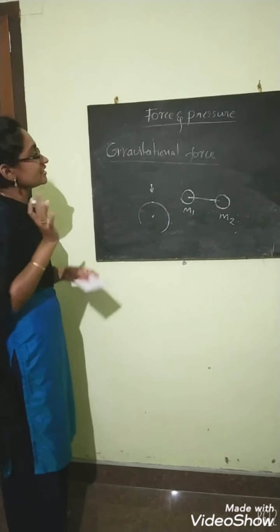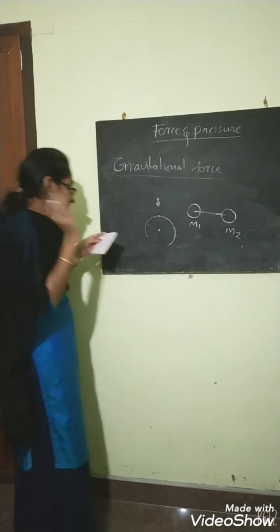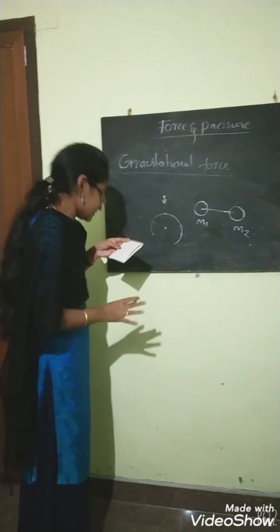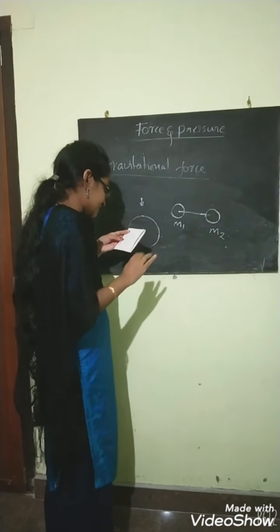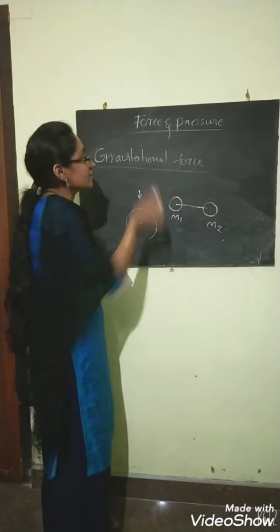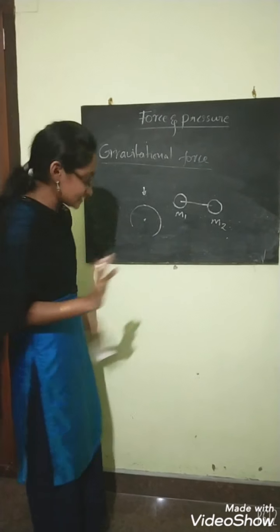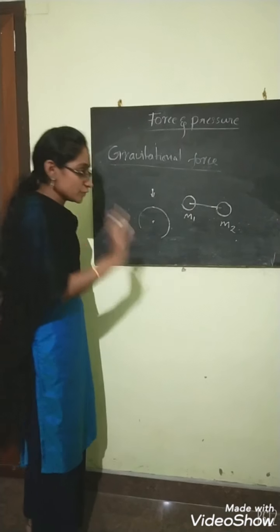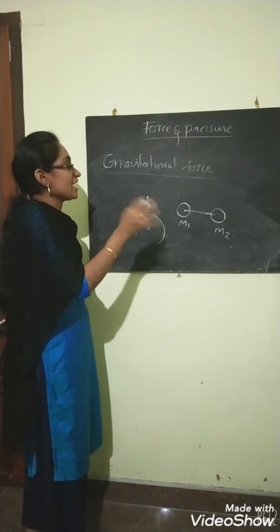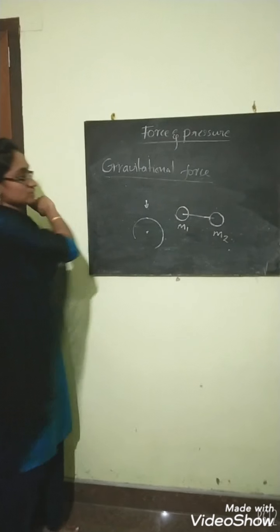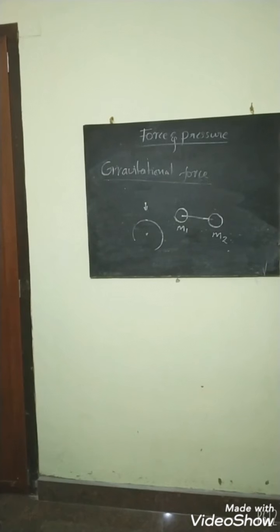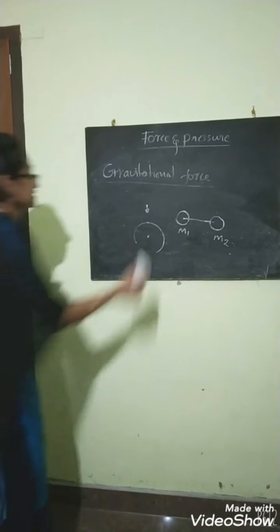How can we define this? Gravitational force is the force which every body in this universe, small or large, exerts on every other object. This means that every object in this universe attracts each other, exerting a certain force on each other, and it is called gravitational force. I think the concept is clear for you, and now we are going to explain what is electrostatic force.